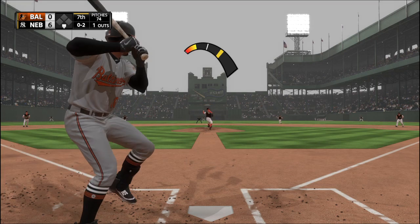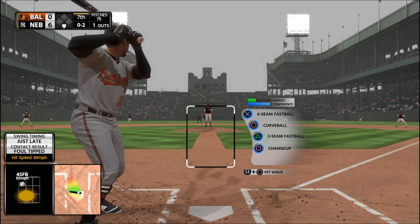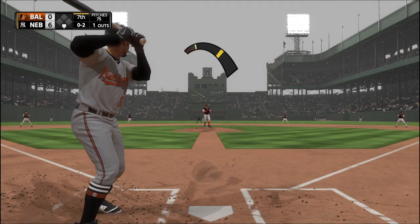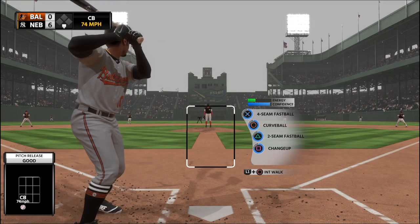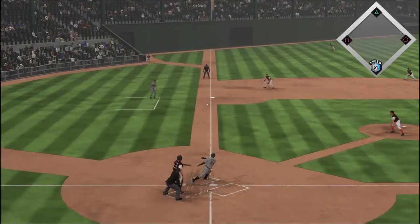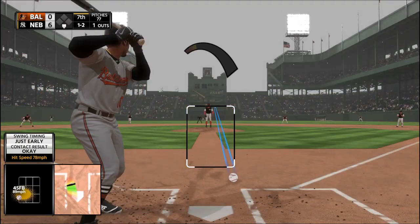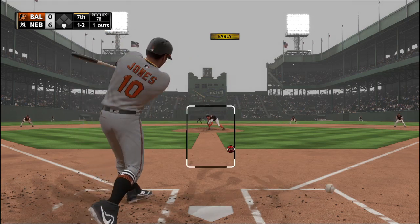Going in here, Smalls. Fouled off. Hannigan might try to make a play on it, and that's going to land foul. Ball and 2 strikes to Adam Jones. Hey, this is a heck of a battle right here. Long AB. They find themselves still facing the starter. If they would have had some ABs like this earlier in the game, I think they get...